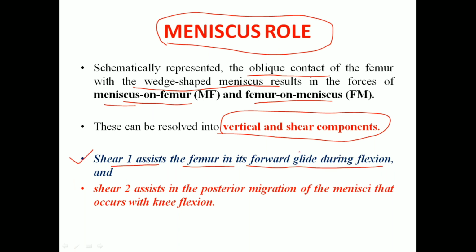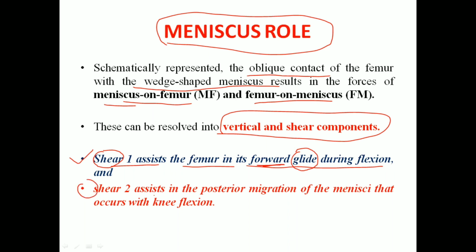As we all know, when flexion is taking place, the roll is in the posterior direction and the glide is in the anterior direction, that is forward. So here, which force is going to help? Shear 1 force is going to help provide this forward anterior glide. In the previous slide, the ACL was supporting anterior glide and the PCL was supporting posterior glide. Now this shear 2 force